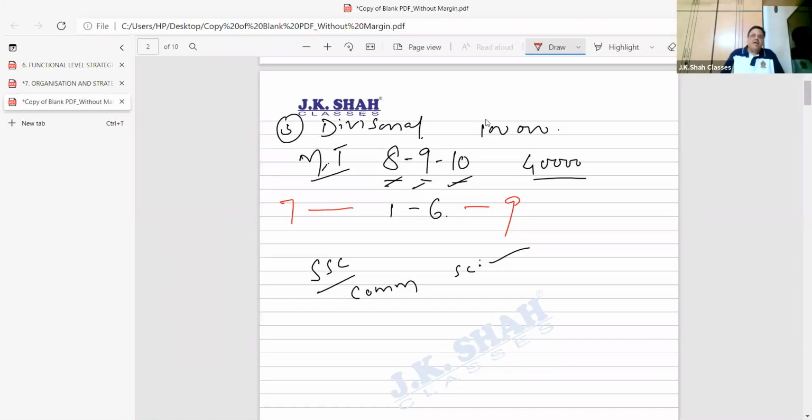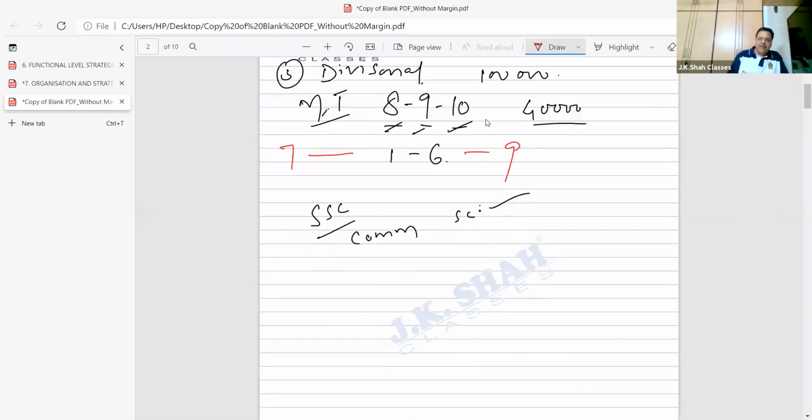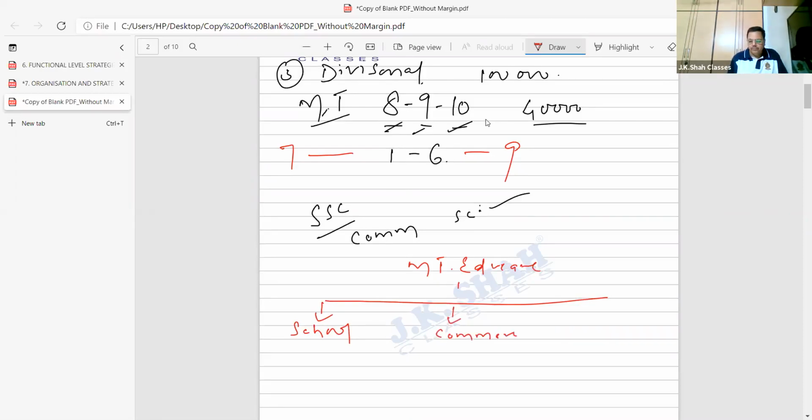As it is, we have the school division. Yes, let's start a commerce division. But then one professor said, sir, all students don't join commerce. Well, I know that, so I'll start a science division also. So what happened? This particular class, Mahesh Tutorials, was started as MT Educare. In MT Educare, one division they had was the school division, one division they had was commerce, and one division they had was science.